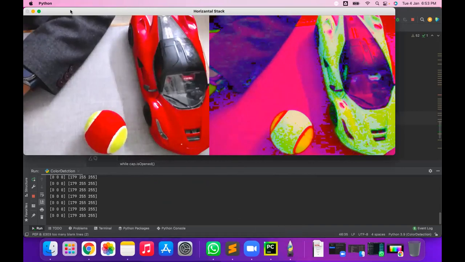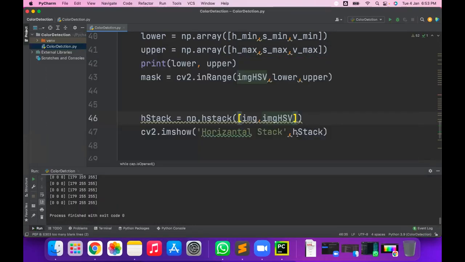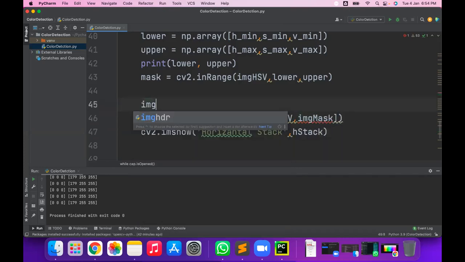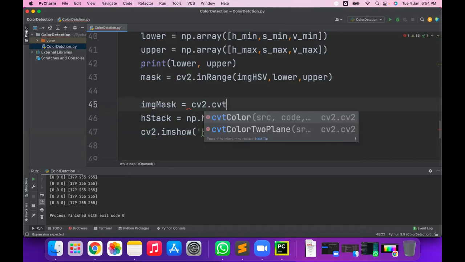You see here, in one frame, I am able to see the mask, the original image and the HSV image. But I want to display the mask also. So for displaying the mask, we have to convert img mask using cv2.cvtColor.